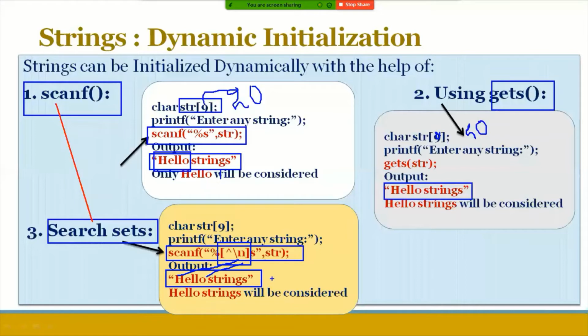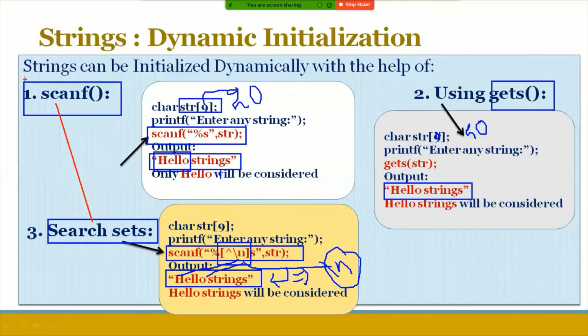At the end of the string, we will press the enter symbol. Enter symbol means it is equivalent to \n. This \n will be compared with this \n, both are the same, then the reading process will be terminated. Until you press the enter symbol, that is \n, the reading process will not be terminated. What is the meaning of that? The meaning is you can read any string, that is multiple words including spaces, through the keyboard. That is an alternative for the scanf function.